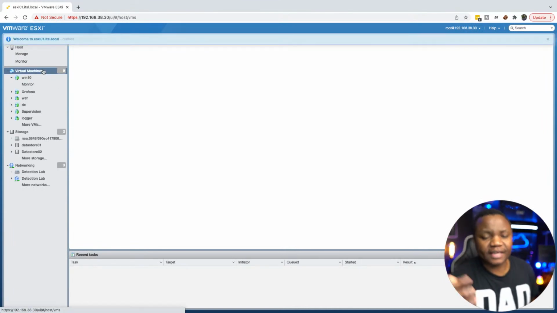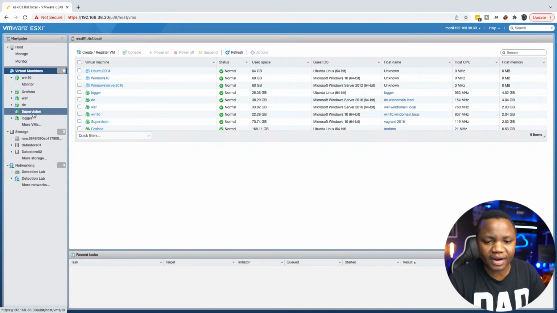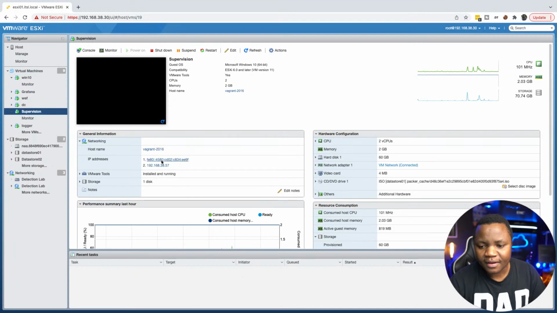Also, setting up this ESXi environment shows that you have the basic sysadmin skills. If you want to be a hacker, you really need to know what these things are. I mean, this is just a hypervisor that's running my machine called Supervision here. And of course, my IP is 192.168